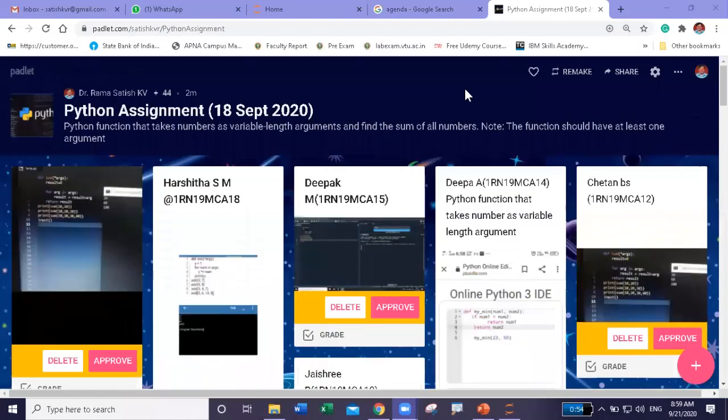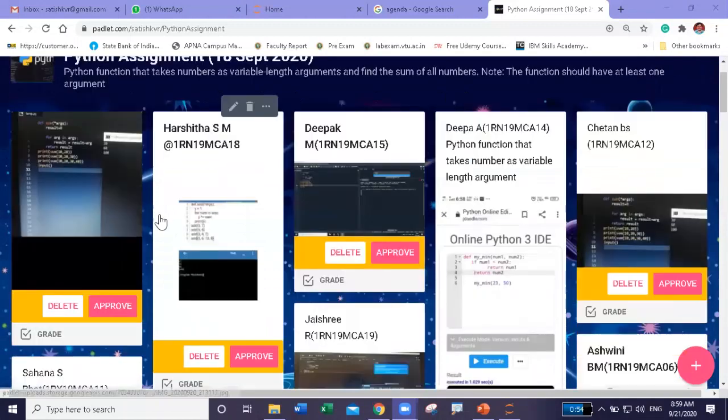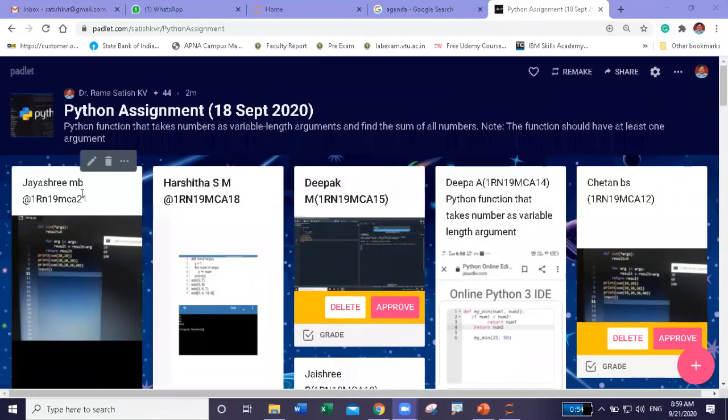Let us see how many of them have submitted. 44 students have submitted the assignments. It's pretty good. Harshita, Deepak, Jayashree MB, Chetan, Deepa,